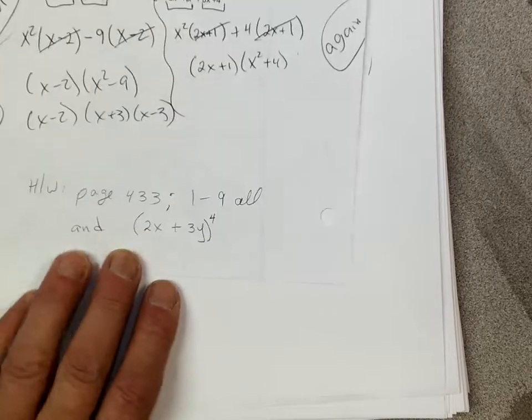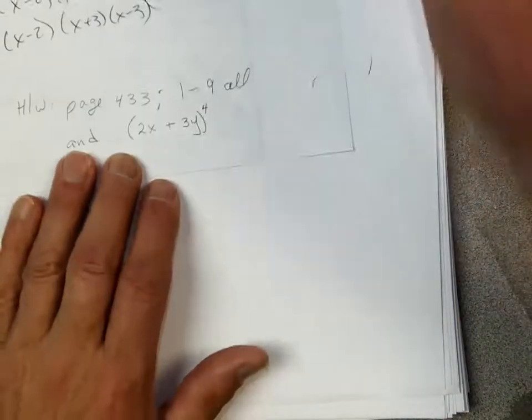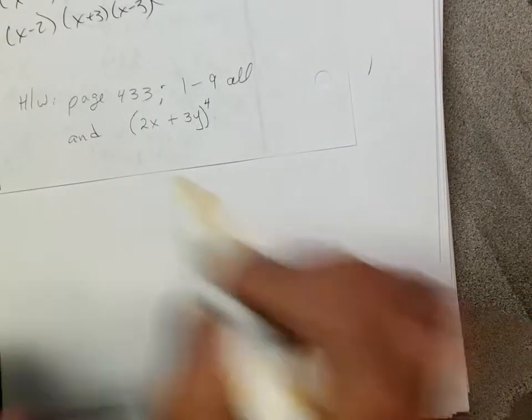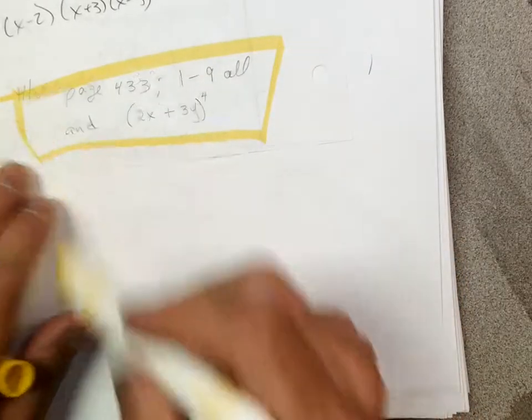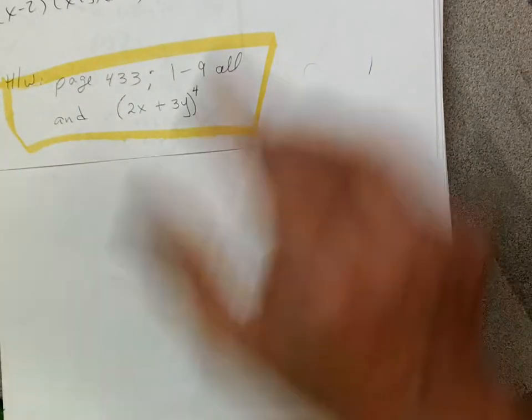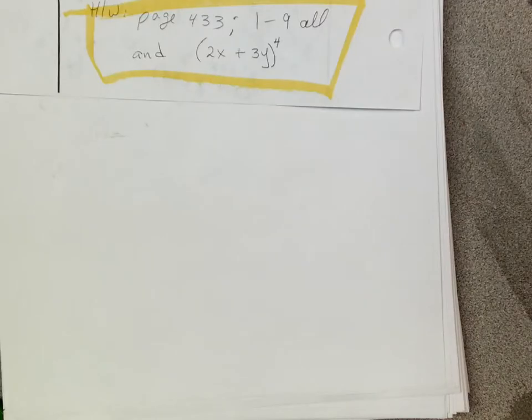And then I also want you to do this problem right here, 2x plus 3y to the 4th power, okay? That's it. Not too bad. And the homework's not bad either. You should get it done in plenty of time, and then I know